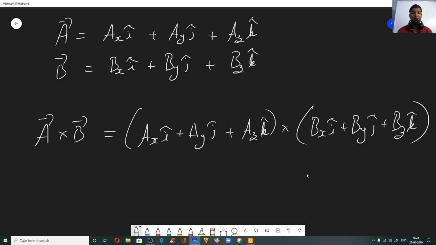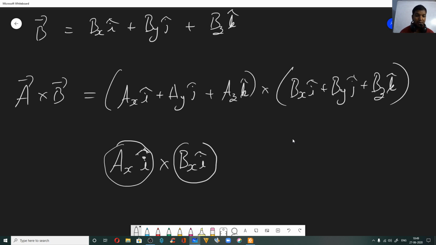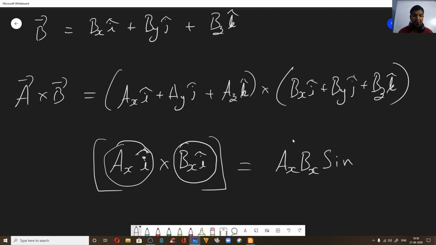Now the same thing we'll do as you have done in your algebra, right? So we'll take it as ax i cap cross bx i cap. Now what it tells us is really important. You have a vector whose direction is along x-axis. That is what this i cap says. Now if you perform cross of these two vectors which are along the same direction, what do we get? Its magnitude turns out to be 0, because it is like ax bx sine of the angle between the two vectors, which are along x-axis. It turns out to be 0.